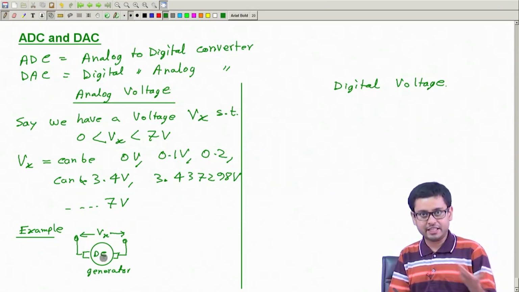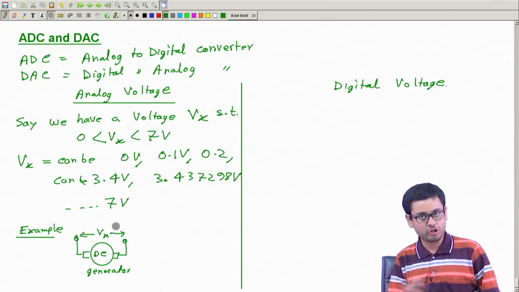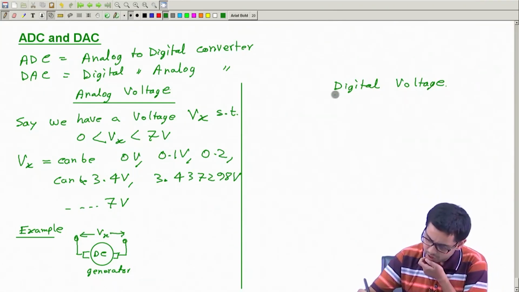You can change the strength of the magnetic field, anything. Therefore, you can change the value of Vx continuously between 0 to 7 volt. But